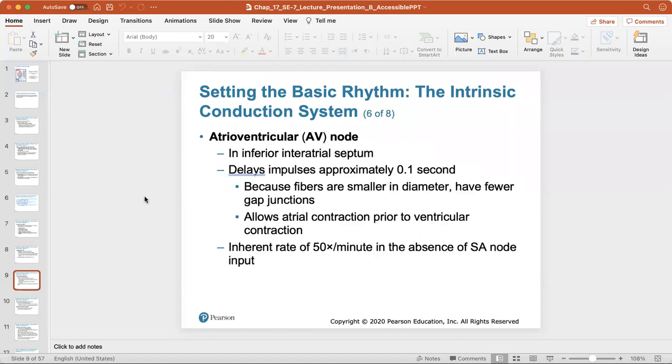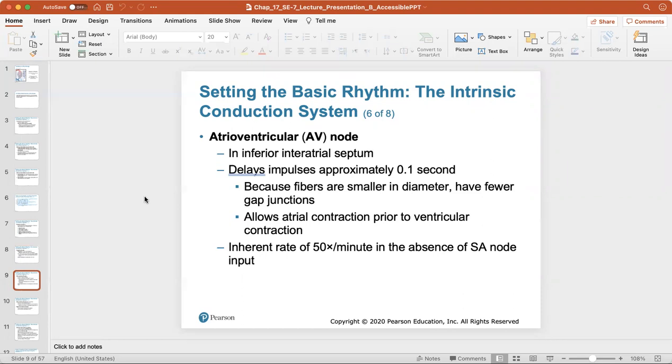The AV node is in the inferior interatrial septum, so kind of in the wall between the atria at the base of it. In the AV node, there is a delay of the impulse of about 0.1 second because the fibers are smaller in diameter and have fewer gap junctions. This delay allows the atria to contract to make sure all the blood flows from the atria to the ventricles